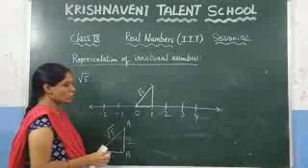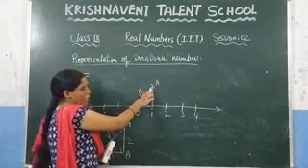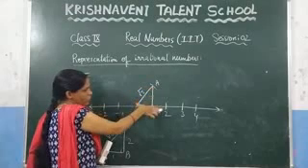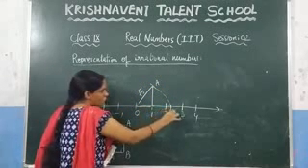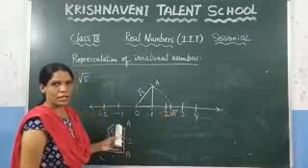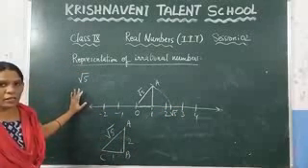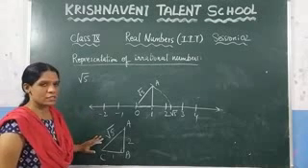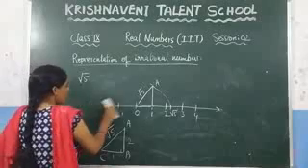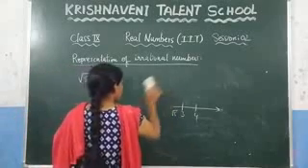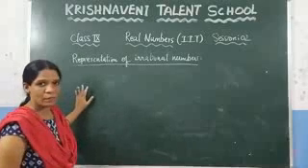Now what we need to do? We have to take this OA as a radius. And after taking OA as a radius, you need to draw one arc such that this arc will touch at this point. This is the value of root 5. Like that, you need to represent. If you are given any irrational number on a number line, by using the Pythagoras theorem, you need to represent this irrational number on a number line. Now, you can represent any irrational number on a number line by using the spiral method.